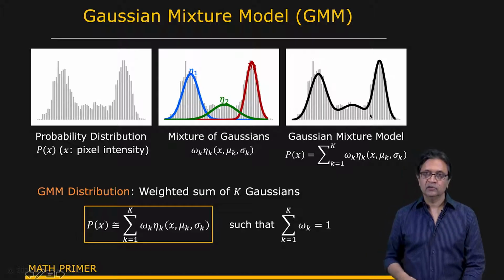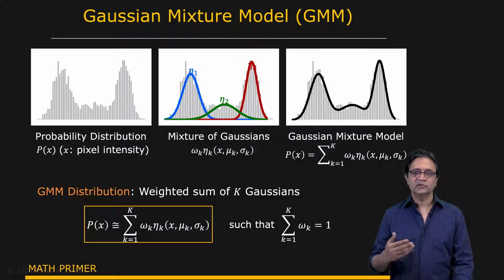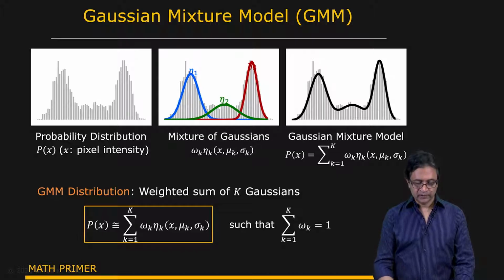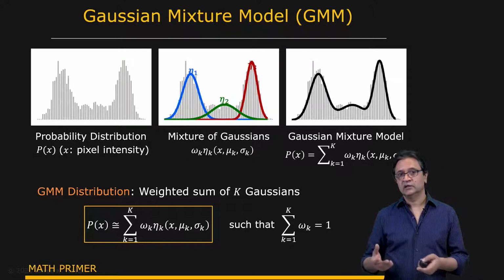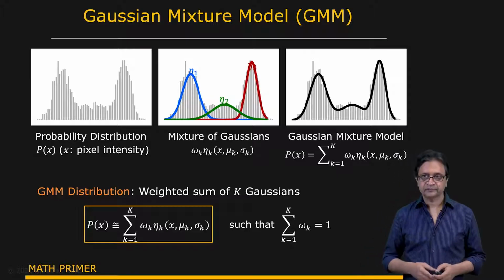So that's the idea. We are going to fit a Gaussian mixture model to the histogram. In other words, we have the model, which is a weighted sum of k Gaussians, and that's what's shown right here. Each Gaussian has its own mean, its own width, which is sigma, and also its own evidence, omega. And the sum of the omegas should be equal to 1, so that finally what the model gives you is also a distribution. It's normalized.